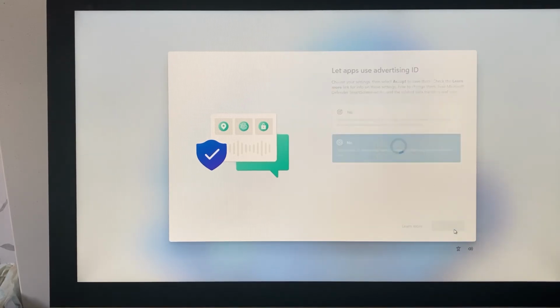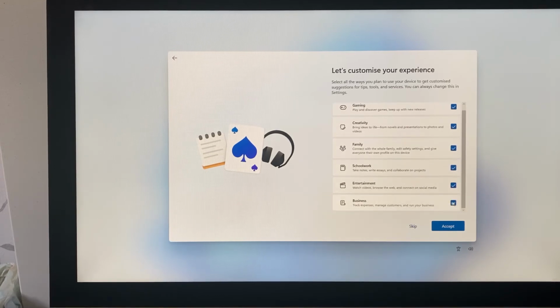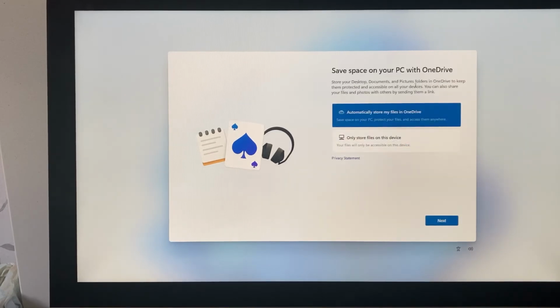Definitely not. Don't like targeted advertising. Right, so because I'm using a professional one, I'm going to say creativity. Yeah, we're going for them all. And business, accept. We could skip that, but